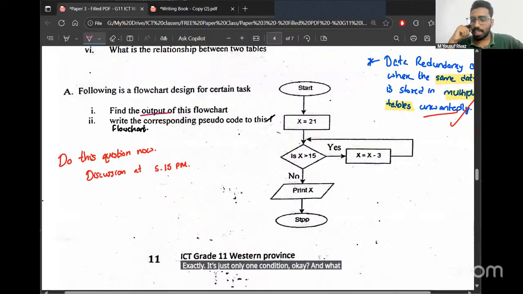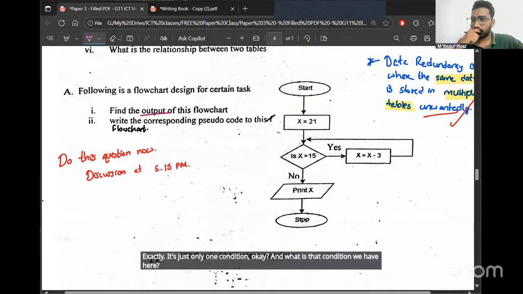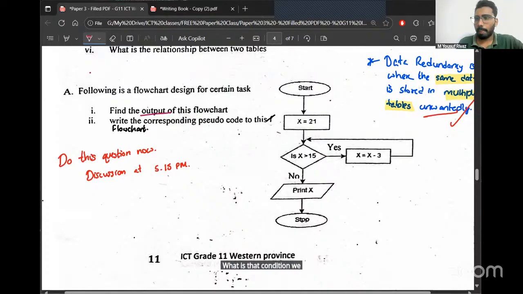And what is that condition we have here? Perfect. Is x greater than 15?